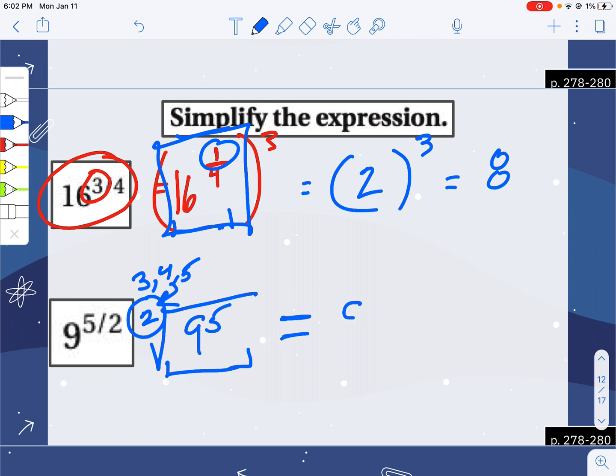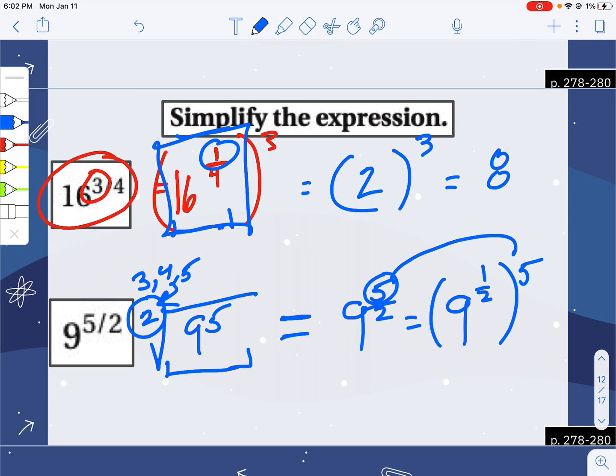So what we want to do is write this in exponent form here, and then we can rewrite it again, pulling that numerator out on top. And again, we can do that because of the power to a power rule that we talked about in the first one. So when we're simplifying now, we can do this pretty easily, because 9 to the 1/2 is the